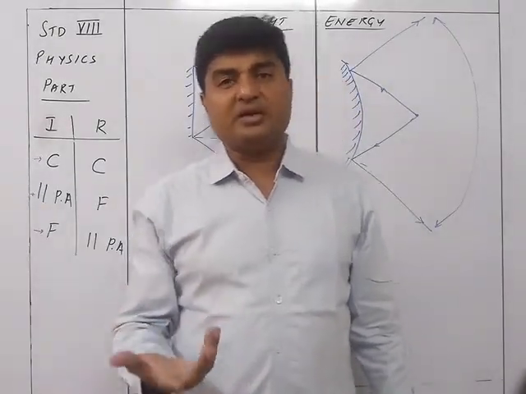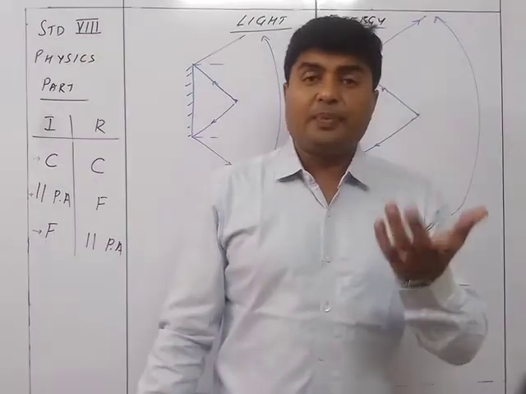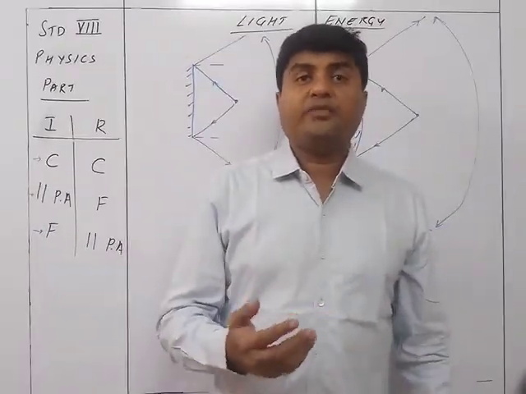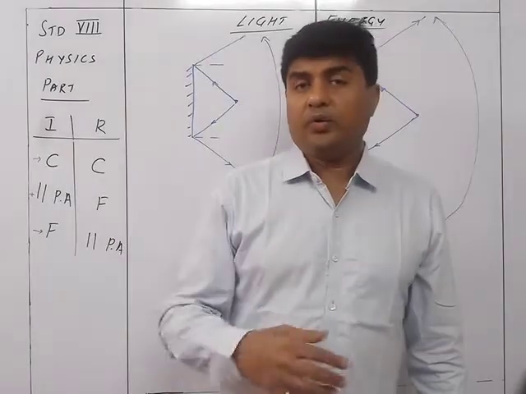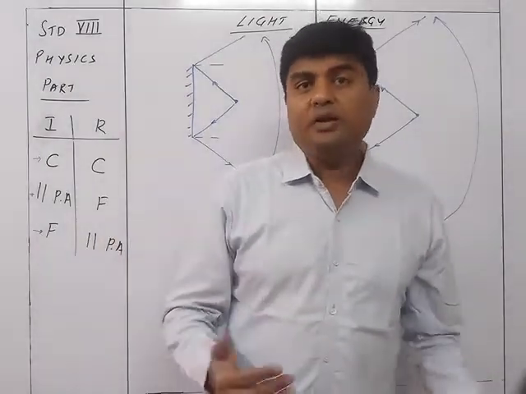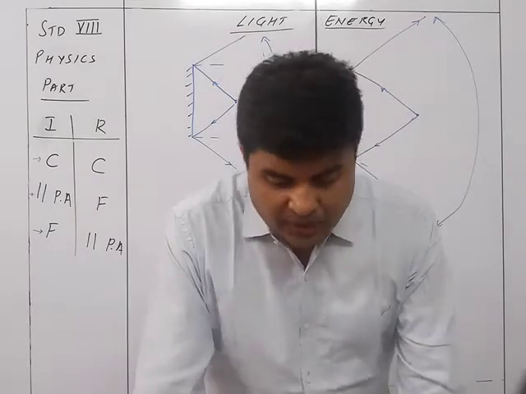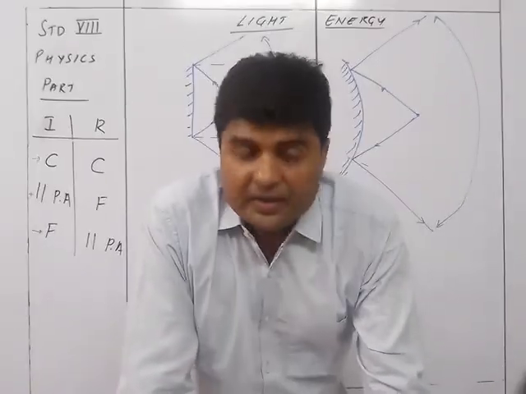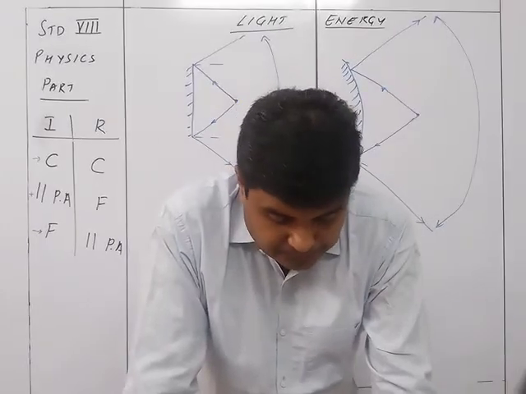So such kinds of convex mirrors are placed in such parking areas so that if somebody is coming from the other side and you cannot view it because of the wall in between, at least this will be helpful. So these are also called vigilance or anti-theft mirrors, which are convex mirrors.